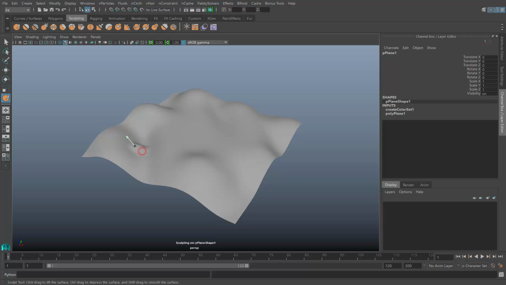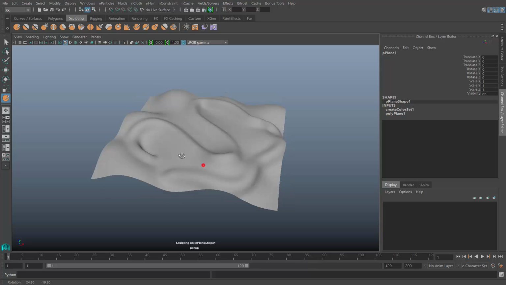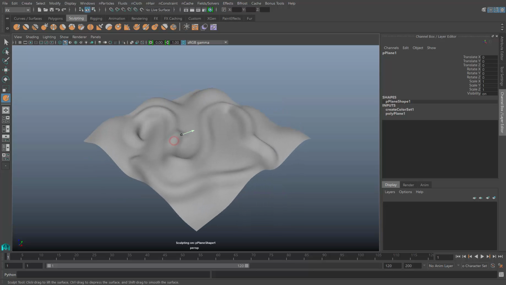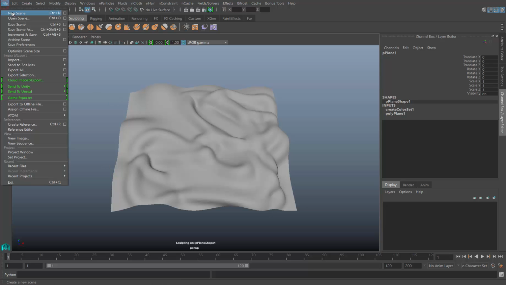So this first tool is the sculpt tool, and as you can see, it's more like I'm pushing and pulling on this surface to achieve a lot of sculptural effects. So why don't we begin by making a new file, and I'll show you how to get to this. So let's go to File, New Scene,